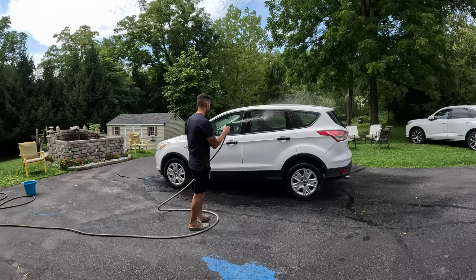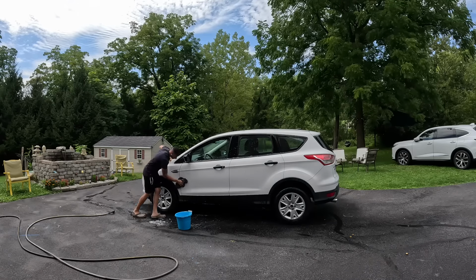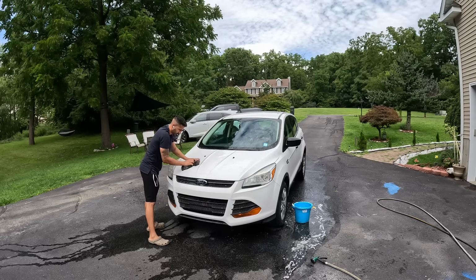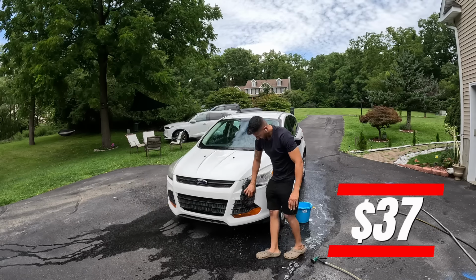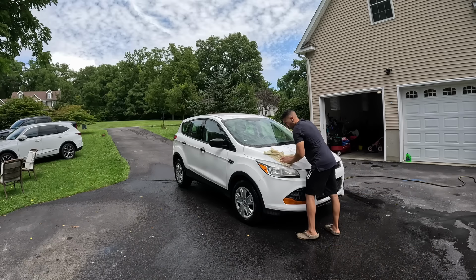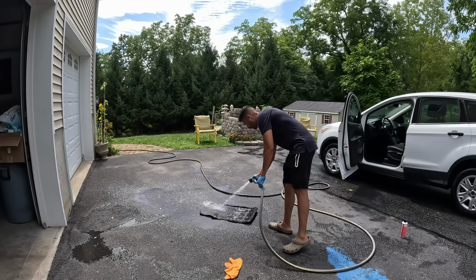Now let's go over the numbers for this 2013 Ford Escape S. Now shipped to me to my lot, this came out to $2,415. Now I did throw gas in there to get around, which came out to 15 bucks. We put oil in here with the filter, came out to $37. We got our inspection for 50 bucks. We went ahead and bought spark plugs for $19. We got our coil packs and our valve cover for a total of $43. That's bringing us to a grand total of